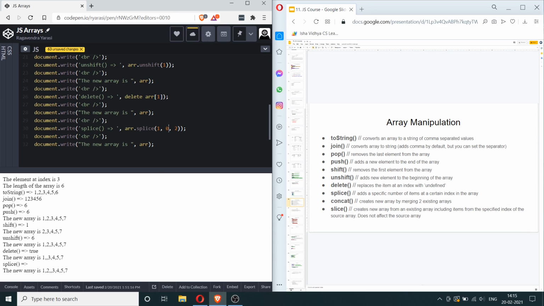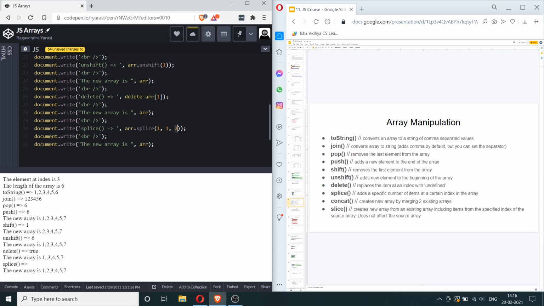Now you can also say 1 instead of 0, and it will remove that undefined element that we had here. So splice is a way to both add and remove items from a certain array. The first parameter is the index of the array at which you want to make the changes. The second parameter is the number of items from that index that you want to remove. And the third parameter onwards is basically whatever you want to add at the index.